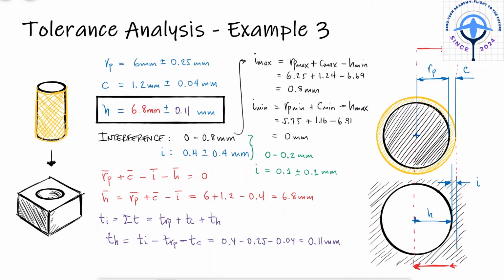These impossible situations are reflected in negative values for some tolerances. So anytime you see something like this, it just means that the given tolerances should be reduced. For example, if the dowel pin was manufactured by a turning process, which can in fact result in a 0.25 millimeter tolerance, you could suggest buffing it or polishing it, so that the tolerance goes down to 0.01 millimeters, for example. That way, your tolerance analysis for the tolerance of the hole would return to